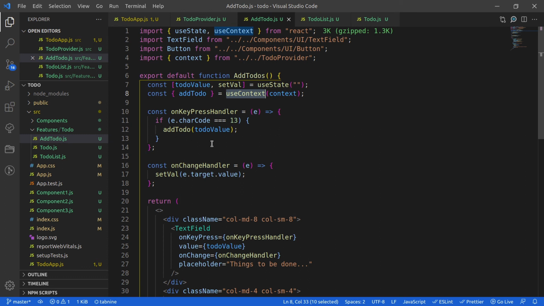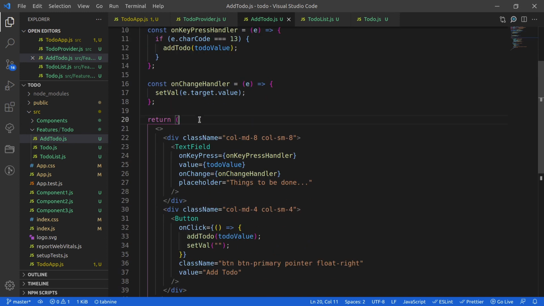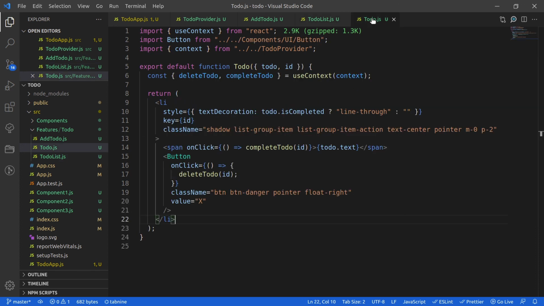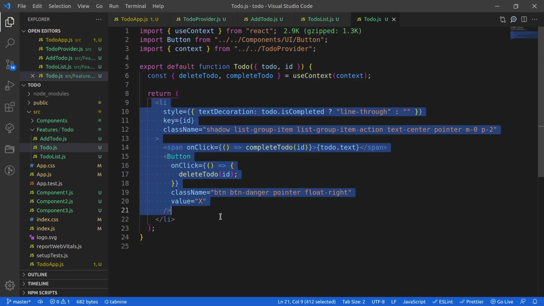If I would have only context.Consumer, then I would be required to make my changes to the render or to my return method itself. Similarly, in my to-do list component, you can see that I needed this to-dos array, right? So there I have again used useContext, and with to-dos, you can see that I have created a list. Now in to-do component, I have removed the properties that we were doing for prop drilling purpose. And in this to-do, you can see that I have included two methods, delete to-do and complete to-do, using the useContext hook, right? And rest of the code base is same.